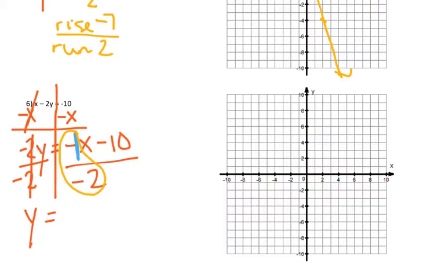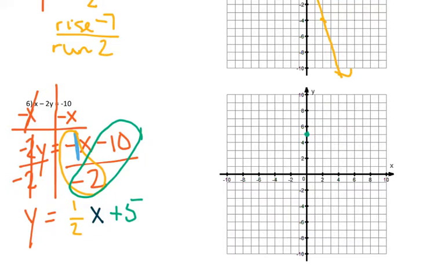Negative divided by a negative is a positive, so I'm going to say that's 1/2. Then I have my x, and then my y-intercept is -10 divided by -2, which is a +5. So my y-intercept is +5,